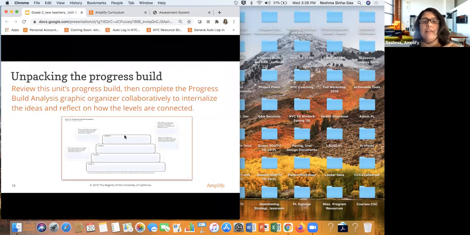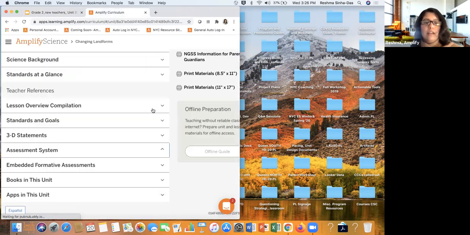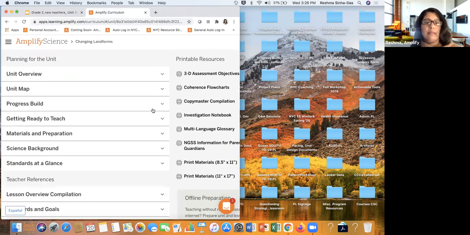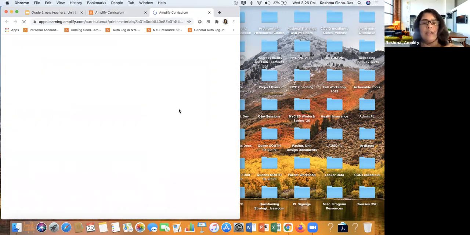But before we look at our assessment system, in order to know what you're assessing, you need to know what the big ideas in the unit are. What are you aiming for students to figure out? And that's our progress build. So if you haven't seen where our progress build is, if you go on our unit landing page, it's the third resource down. If I open it up,